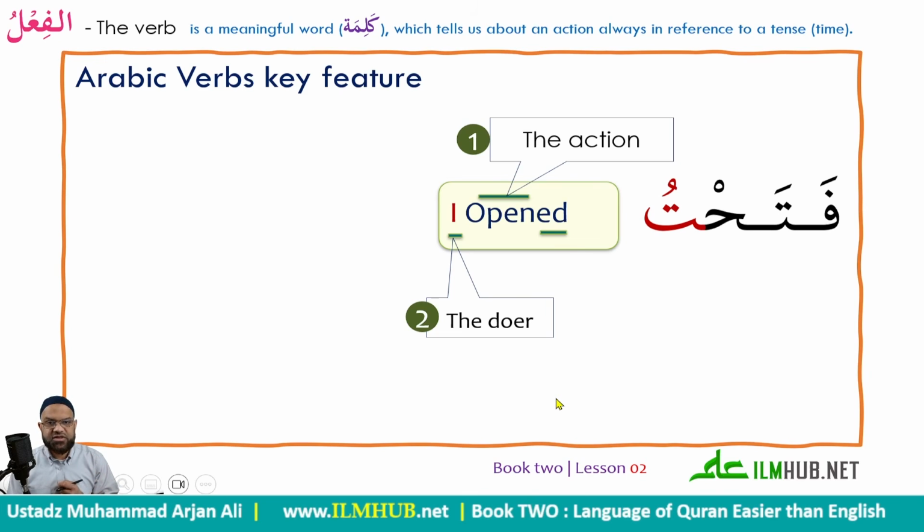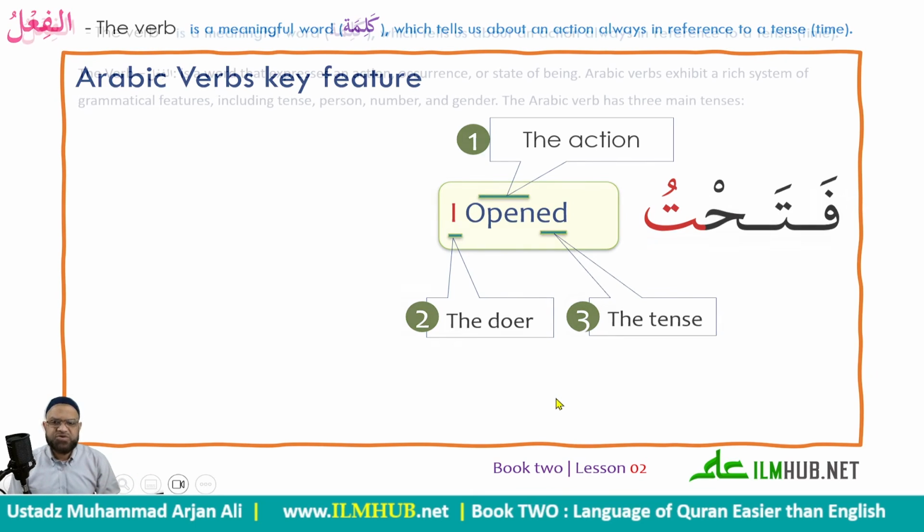Of course, the third information very easily we can decipher from this is that this is the past tense. Again, how do I know that in the Arabic? Because of the scale. Once you recognize the scale, you'll be able to recognize a past tense, Madi, and the doer for any verb that you come across, even though you may or may not know the meaning of the root, which you can look up in the dictionary, but you can definitely identify that this is the pronoun, and this is the root letters, and it's in the past tense. Of course, later on we'll look at the present and future tenses called al-mudari, and also the command form. So these three pieces of information are in every verb. Of course, there's a lot more we can go into, but these three are absolutely critical.